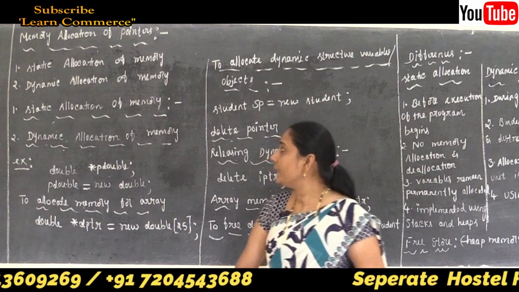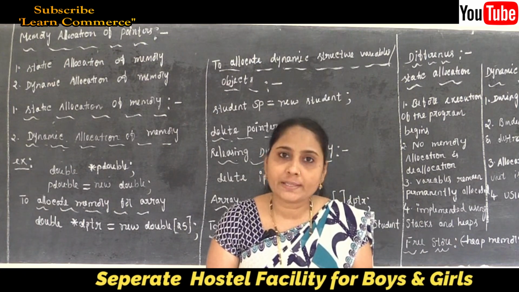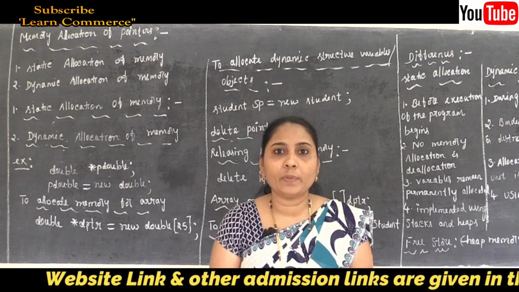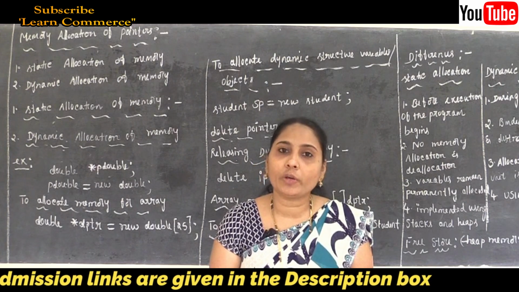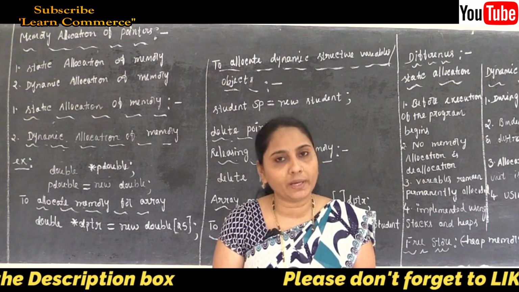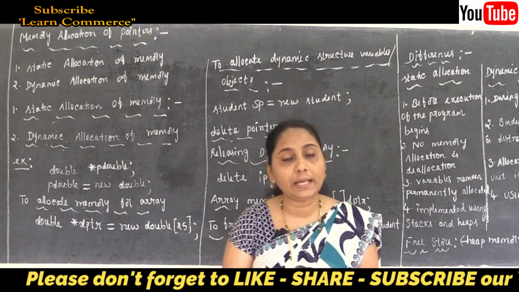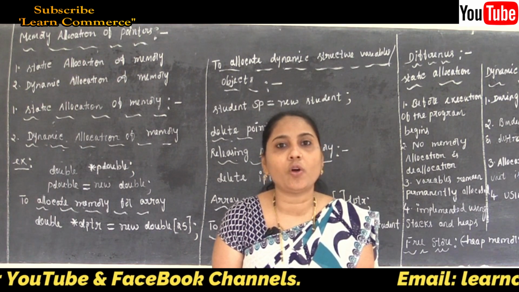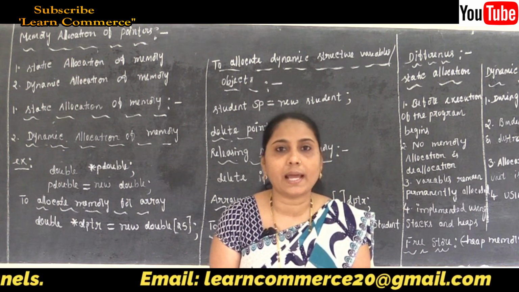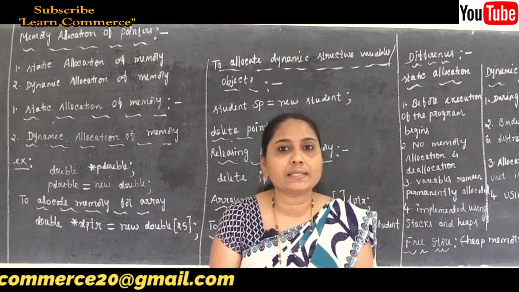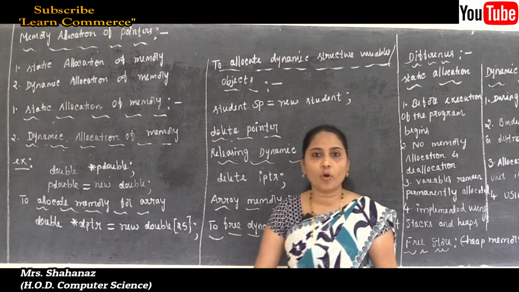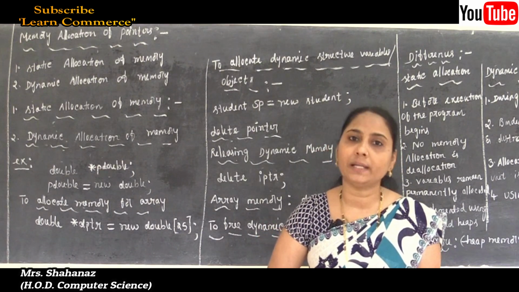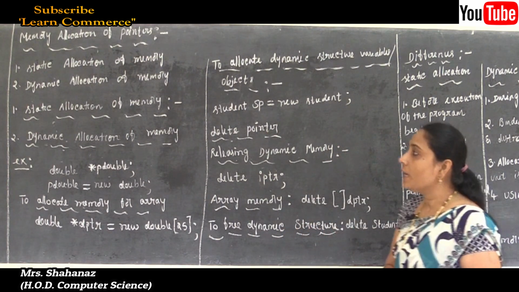And second, dynamic allocation of memory means the amount of memory to be allocated is not known. That means here, when you want, you can increase or decrease the memory by using operators called the new and delete operators. So simply, in dynamic allocation, memory is allocated during runtime as and when required. Correct? When you want to increase memory, you use the new operator, and to delete any memory, the delete operator is used. Now let's see some examples.